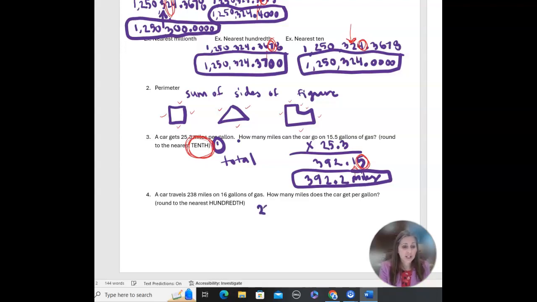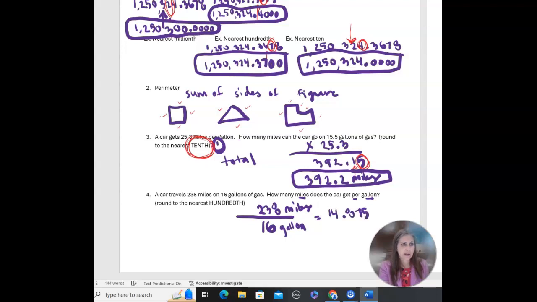So this one, we went a total of 238 miles, and we used 16 gallons. So the question is, how many miles? Miles goes on top because that's what came first. It says miles per gallon, so we have to divide by the gallons. You always follow the order of the words in the problem. So let's see, 238 divided by 16 gives us